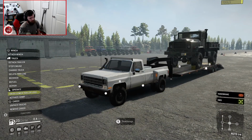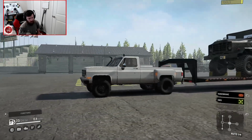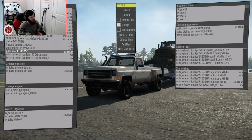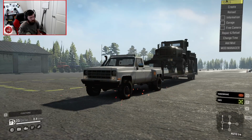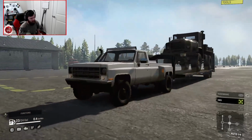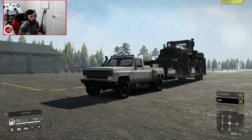All right, raise trailer legs and activate ramps. Dude, that's awesome. They just come straight up. That's legit. Okay, I am going to put the extra weight in the front, though, because we probably will need it. Just to kind of keep the truck down. And now let's see how it hauls. But before we see how it hauls,